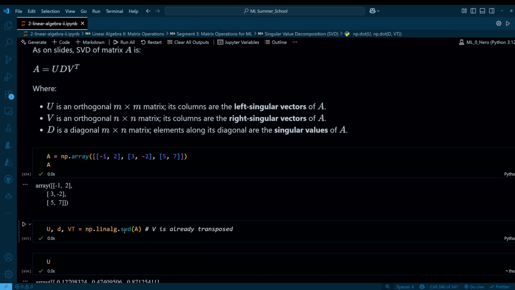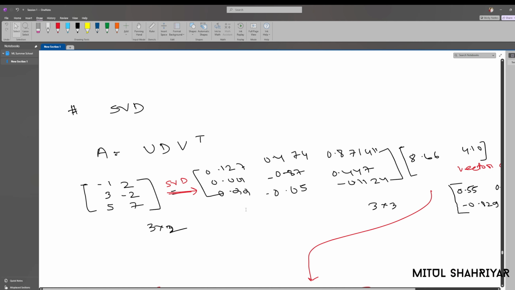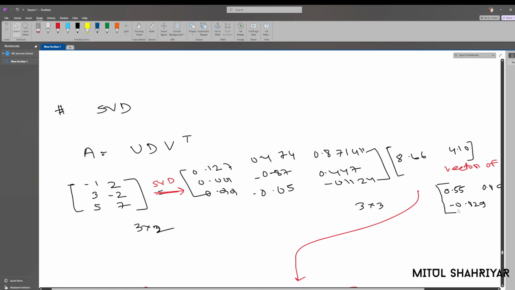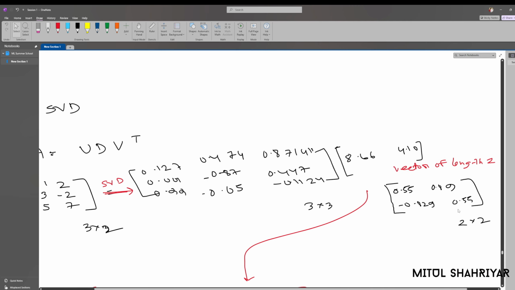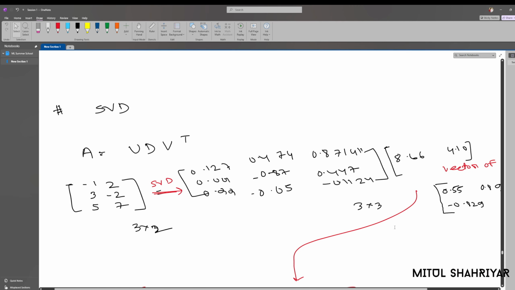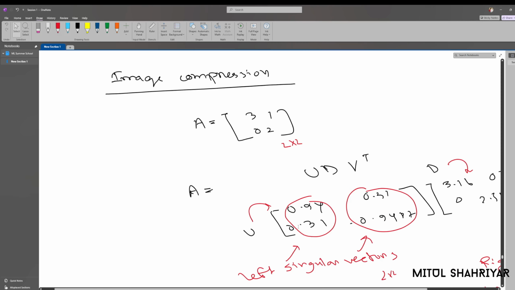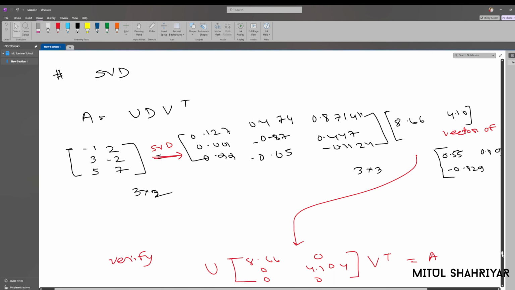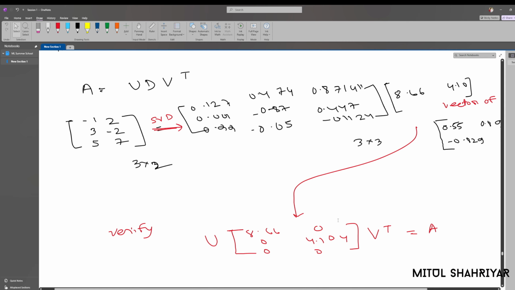numpy's SVD method or function, whatever you call it, we can easily get this one, which is U, small d, and this is another one, V transpose as a whole. Okay, now we do get them, no problem with that. Now what we can look into here is U, but let's look into the size. We have 3 rows and 2 columns, 3 into 2. Using SVD, what we get is a 3 into 3 matrix, which is U, you can see,